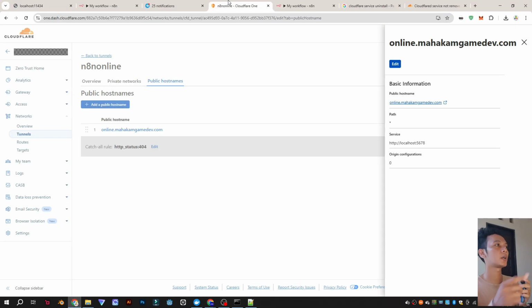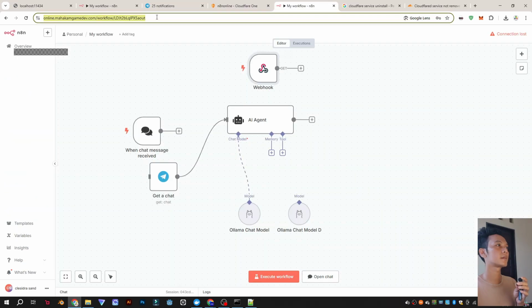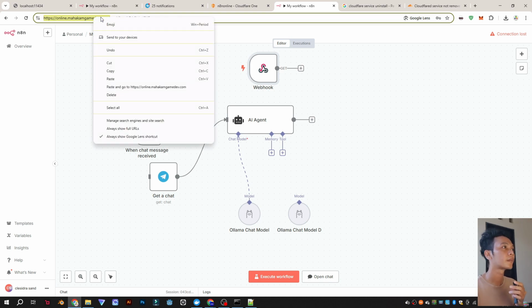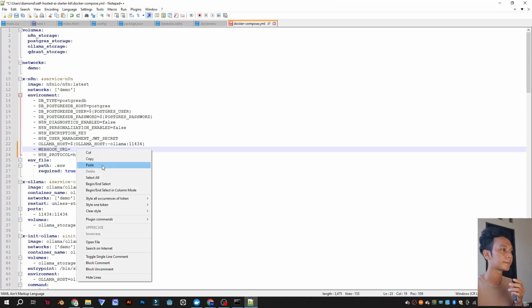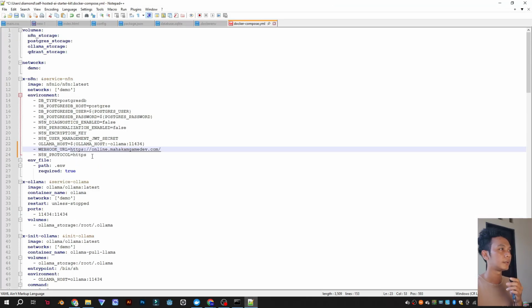For now, I will use the tunnel from Cloudflare because Cloudflare is the most stable tunnel. Let's copy this, then paste it here, then save.